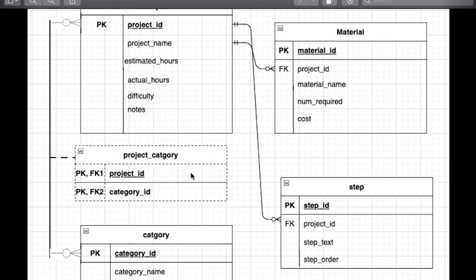I want to avoid retyping information in, which opens up opportunities for typos. For instance, if I wanted the project name in the category table, then that would open up, as I mentioned, the opportunity for typos. Therefore, we use a join table, and the primary key would be project ID, as well